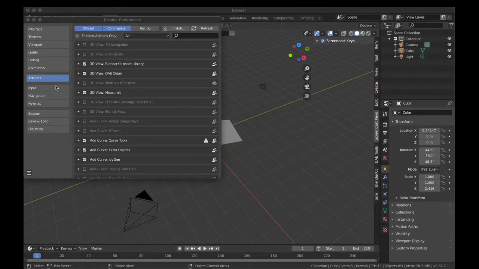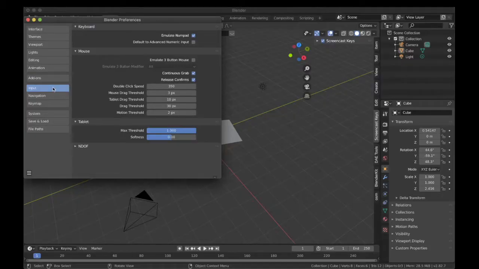So the next option in the list is the input options. It is an important option if you are a MacBook, ThinkPad or laptop user who doesn't have a numpad on the keyboard. The keyboard option can emulate the numpad. As you know, some of the shortcuts in Blender are related to numbers, like 1 for front view and 3 for right view. If you don't have a numpad, the only option left is to use an external keyboard or leave it like that. But with the Blender preferences, you can emulate the numpad, which means the Blender numpad shortcuts can be used on the top row numbers.